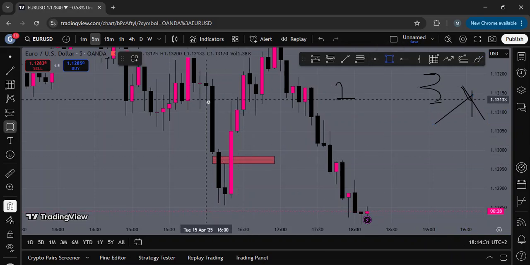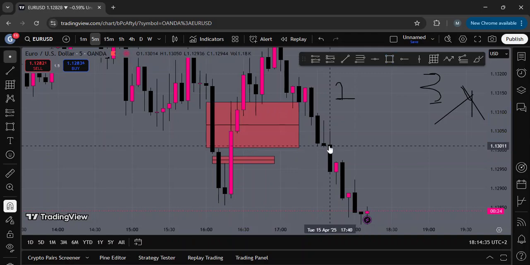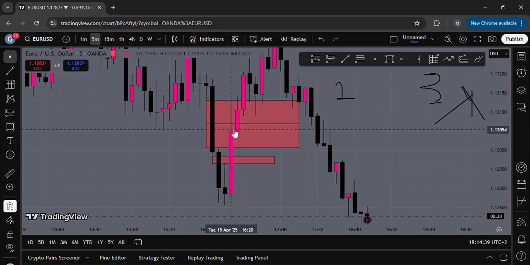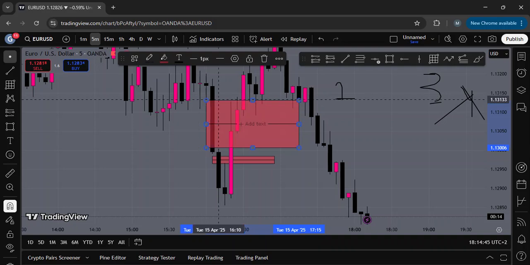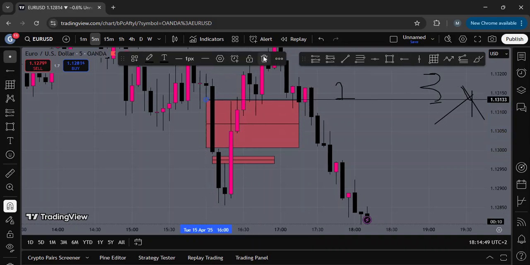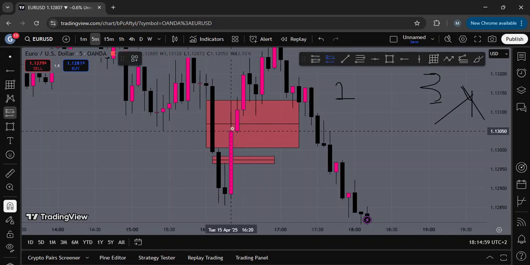Then we check this fair value gap here. Okay, we want some kind of reaction in the fair value gap. What's a reaction? When we see a wick or something. So we went up, we filled in this fair value gap. Okay, we didn't close. So where's the high of the fair value gap? It's this line here. We didn't close above it. We closed inside the fair value gap, and then we wicked and closed under the 50%. So let's say this is where you waited for confirmation.